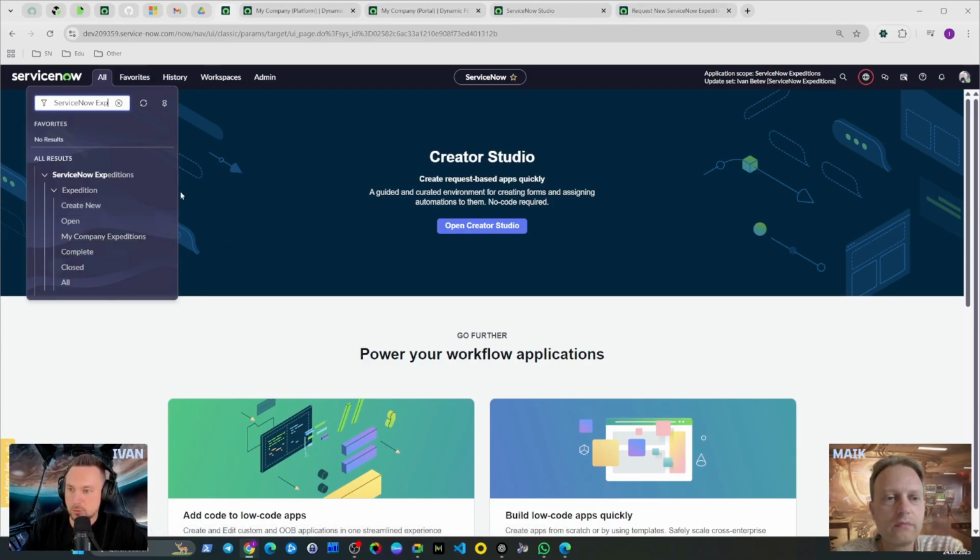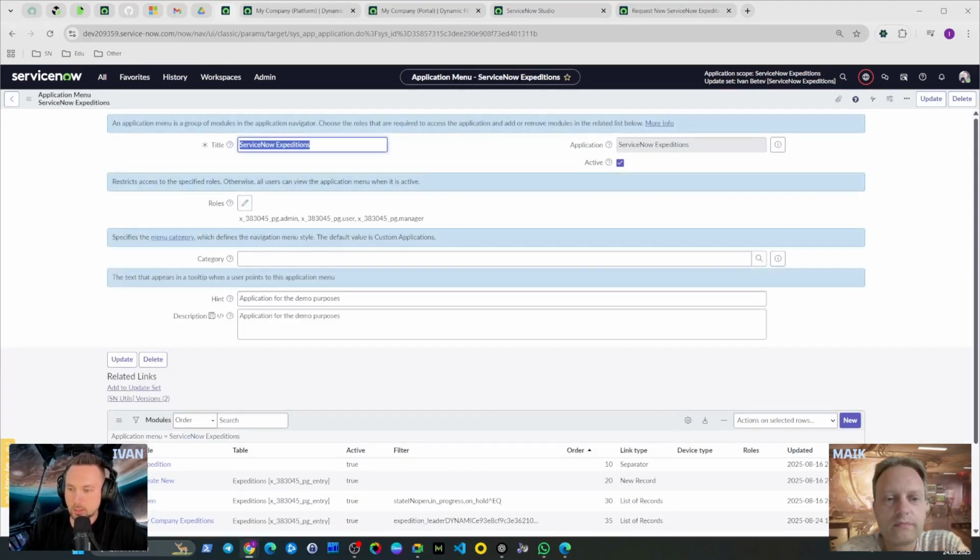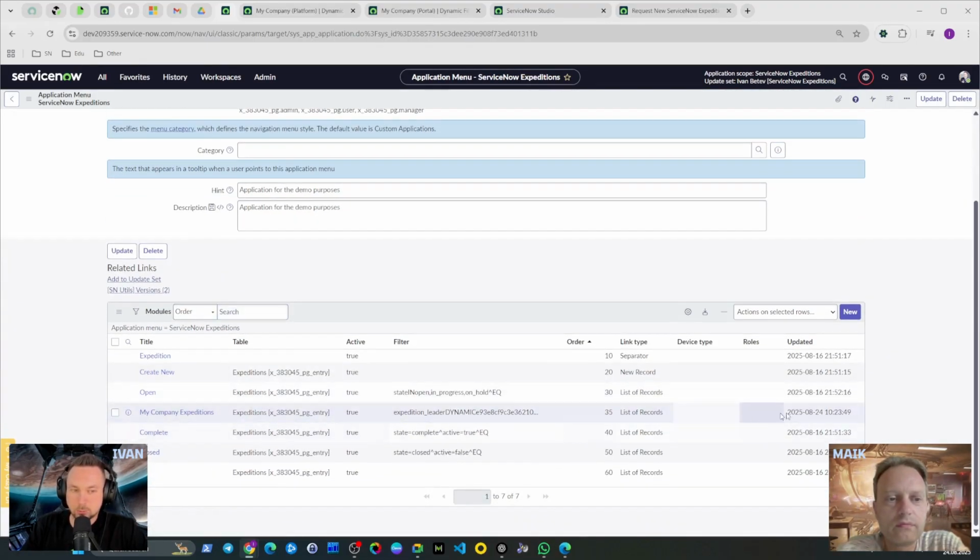To create a module, I have used the Edit Application option, which is available in the application navigator, and then application, and then next to it, Edit Application. You can add the additional module by clicking on the new button here,